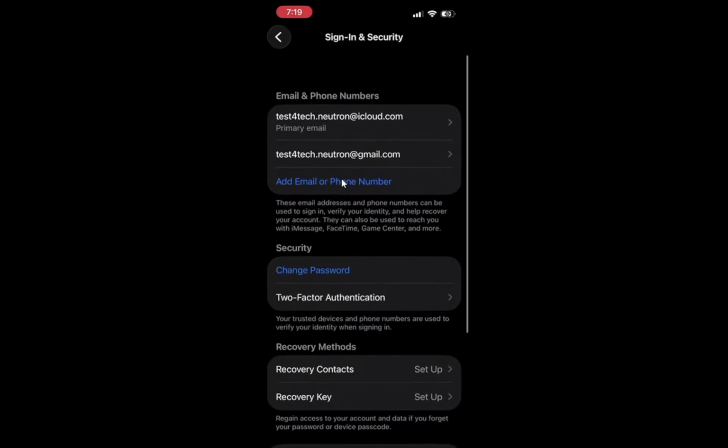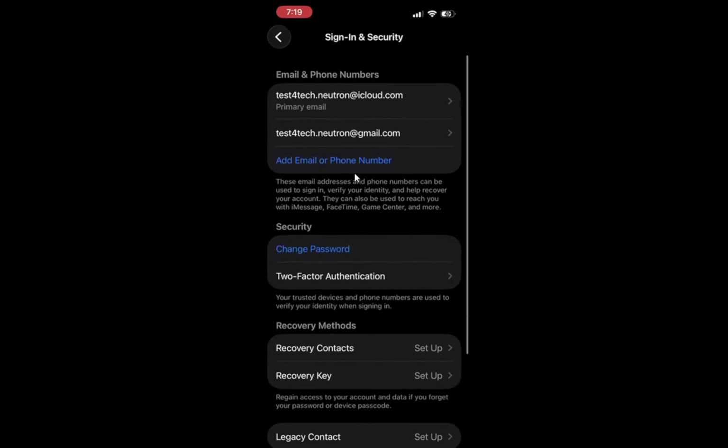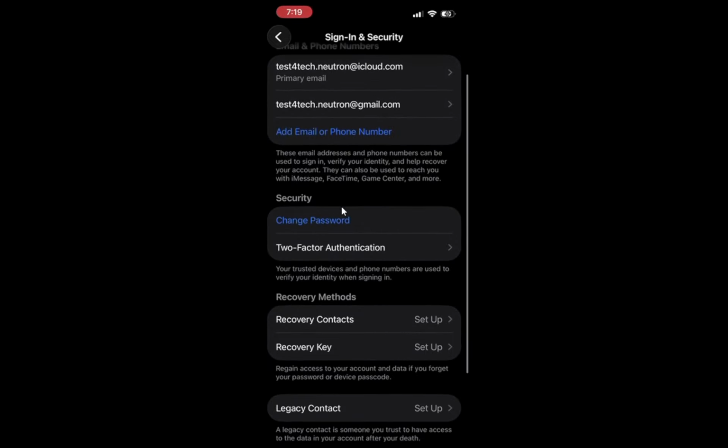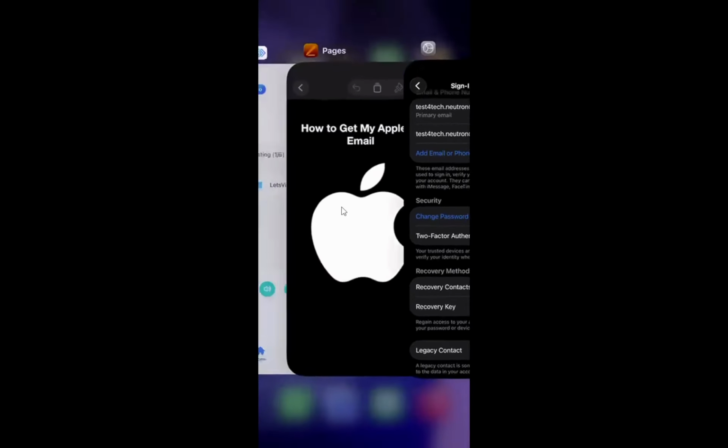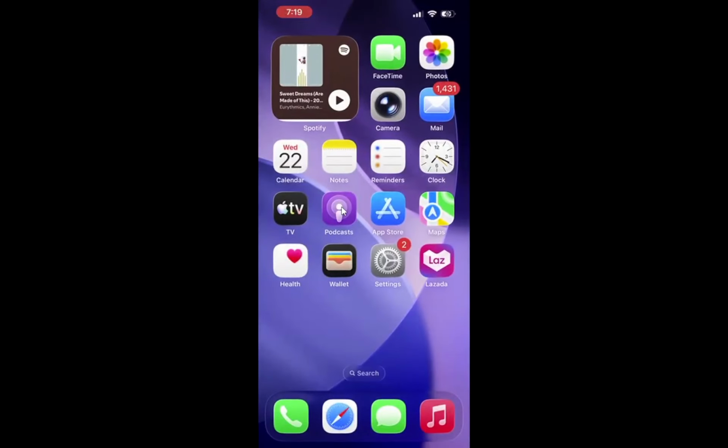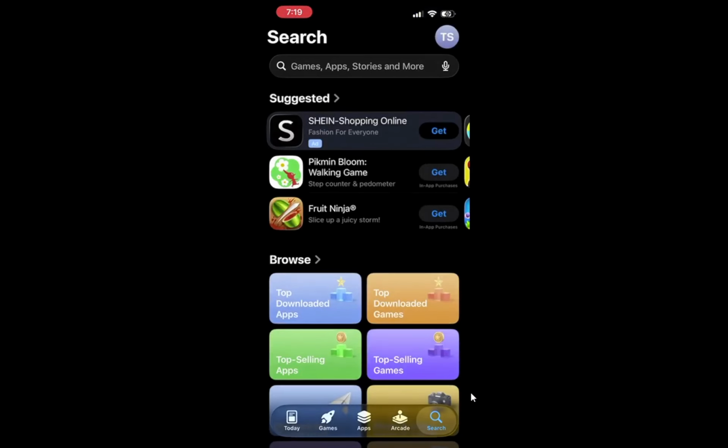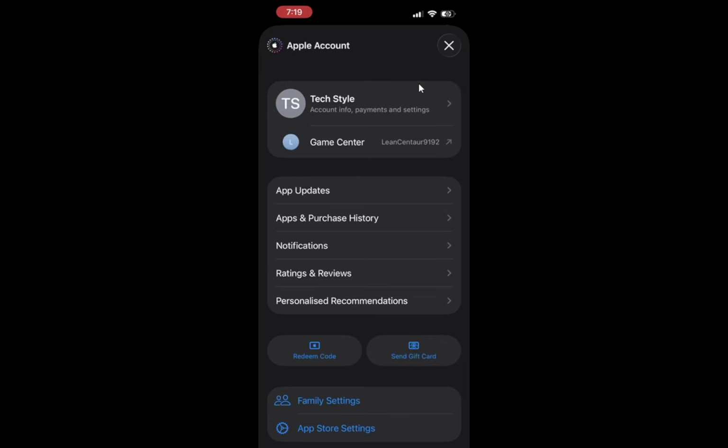You can also find your Apple ID email in other places, which is particularly useful if you're not using an iPhone or iPad. Start by opening the App Store. Once inside, tap your profile picture, usually located at the top right corner of the screen. This leads you to your account settings. Under your name, you should see the email address linked to your Apple ID. This can be a quick way to get the information you need without diving deep into settings.